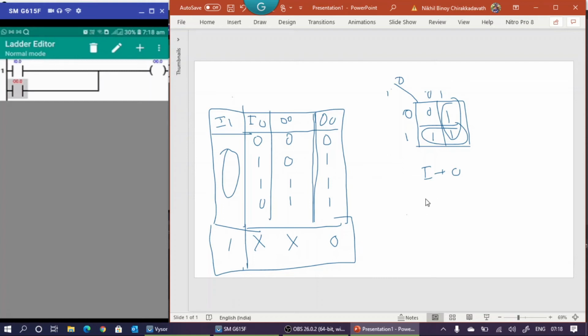So what do we have to do? Draw a Karnaugh map. Okay. This is I1, comma I0. This is output.